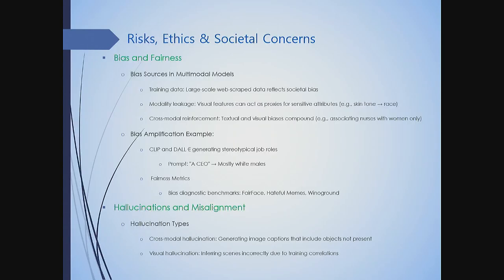And then you will see that there are some other kinds of bias, for example, amplification bias. When they talk about a CEO, most people think it's a man, for